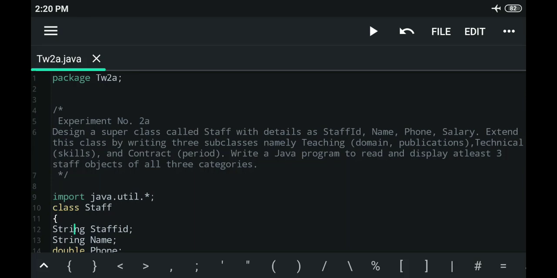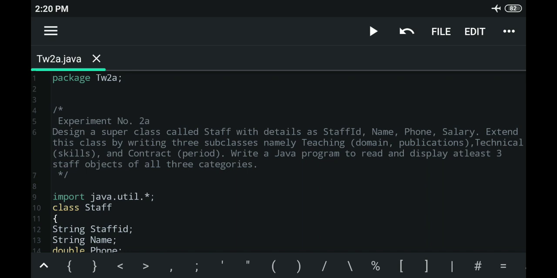Experiment number 2 from Design and Analysis of Algorithms Lab. It is to design a superclass called Staff with details as staff ID, name, phone number and salary, and extend this class by writing three subclasses, namely Teaching with additional fields domain and publications in it, a Technical class with an additional field called skills, and a Contract class with an additional field period.